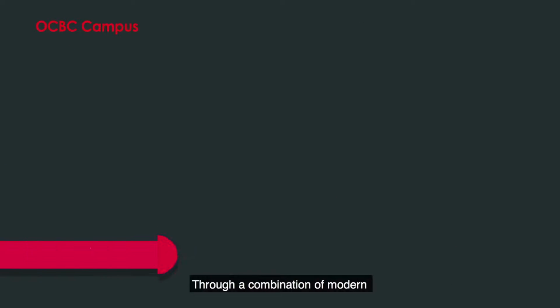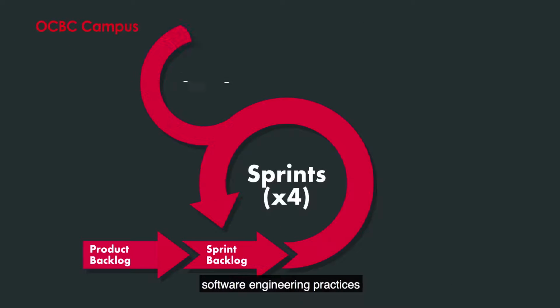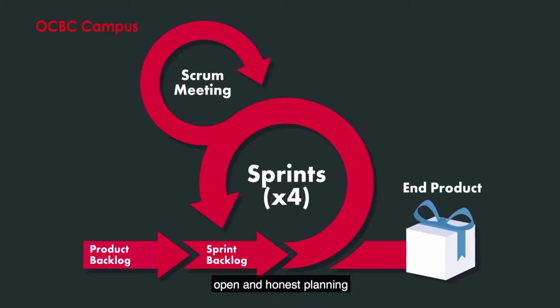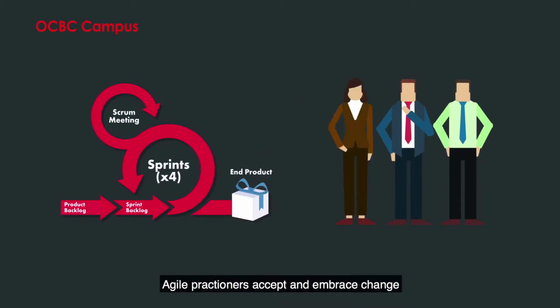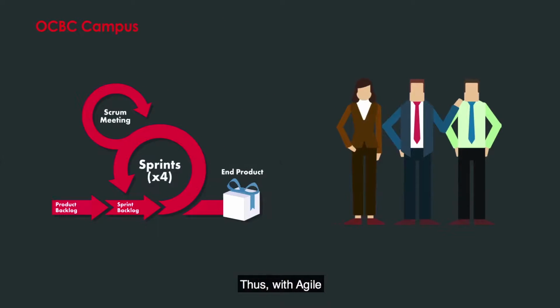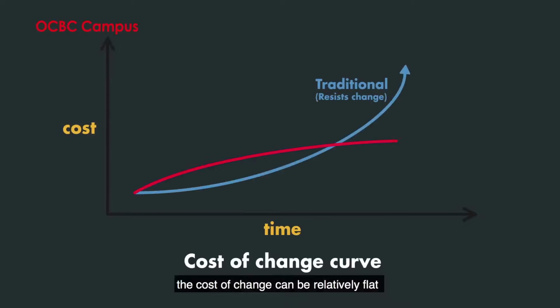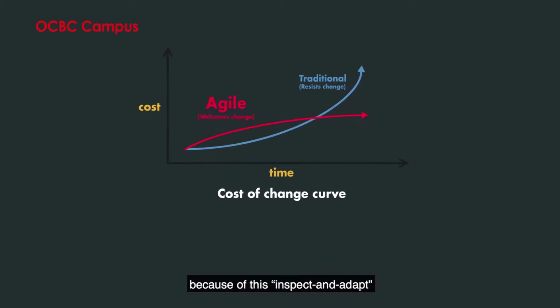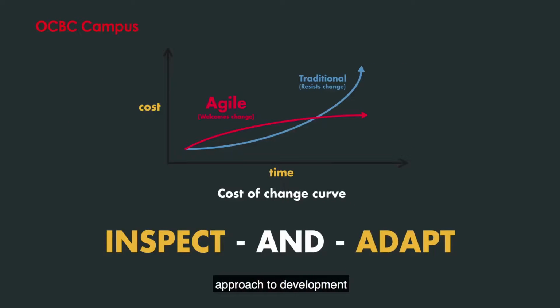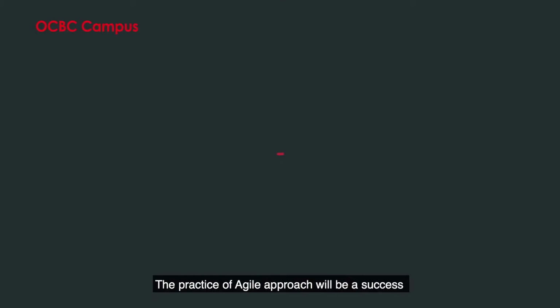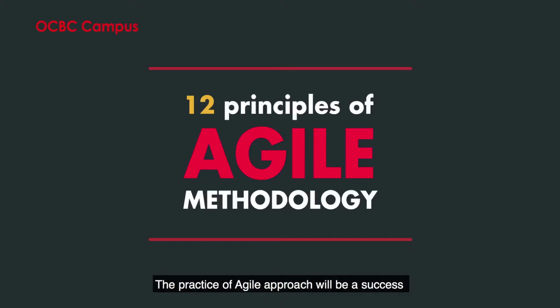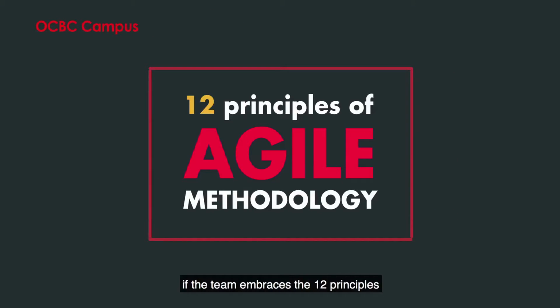Through a combination of modern software engineering practices and open and honest planning, Agile practitioners accept and embrace change even late in the delivery process. Thus, with Agile, the cost of change can be relatively flat because of this inspect and adapt approach to development. The practice of Agile approach will be a success if the team embraces the 12 principles,